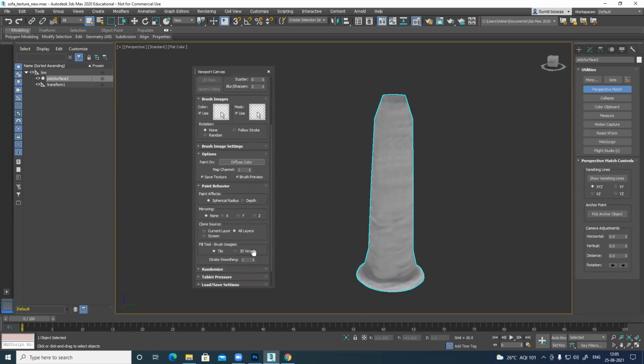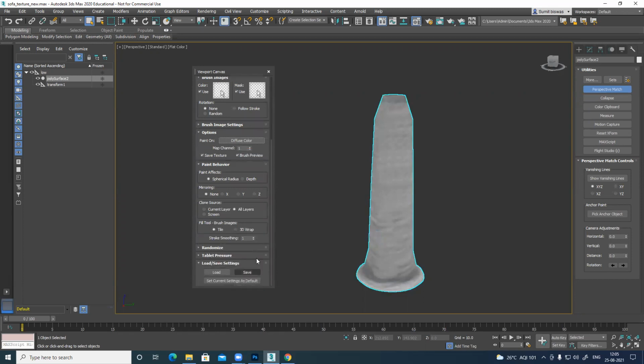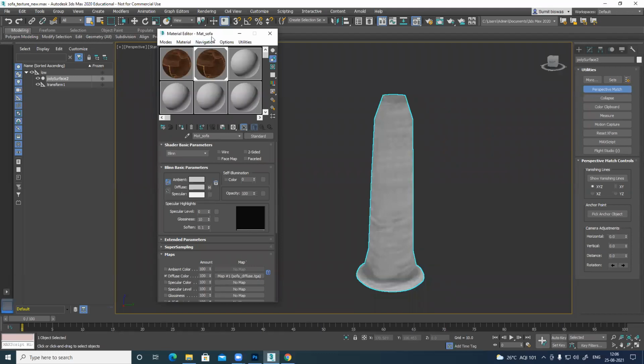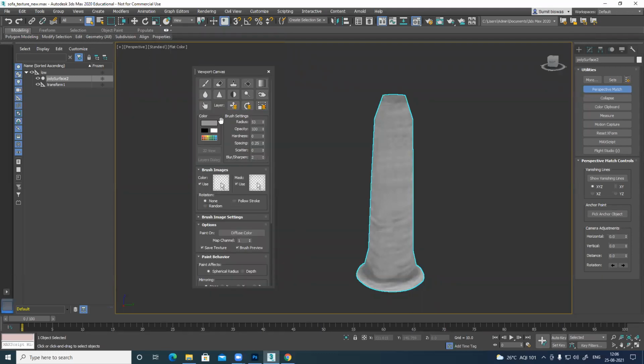This is correct. That is fine. Calling the texture from my PSD only, it's not showing me anything. Very strange. What is my layer?